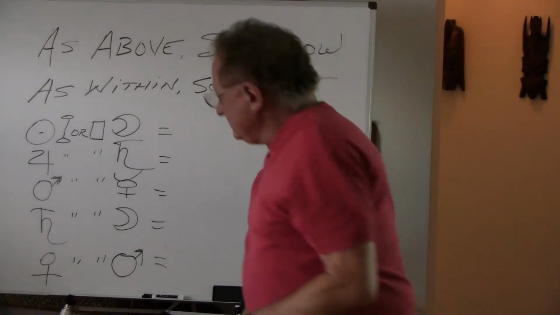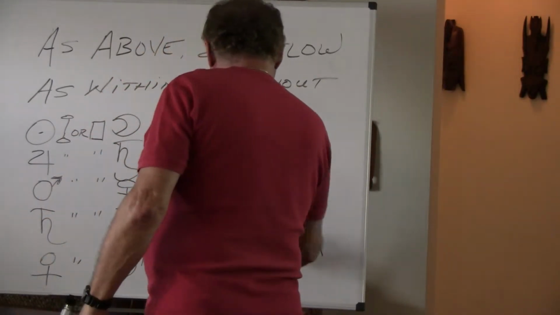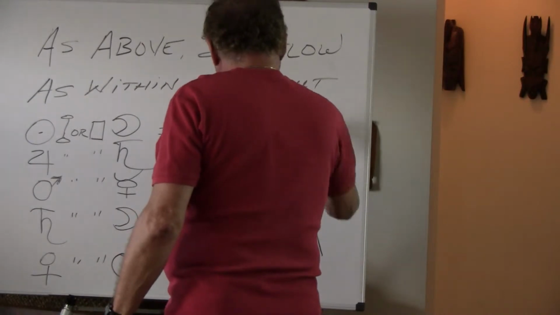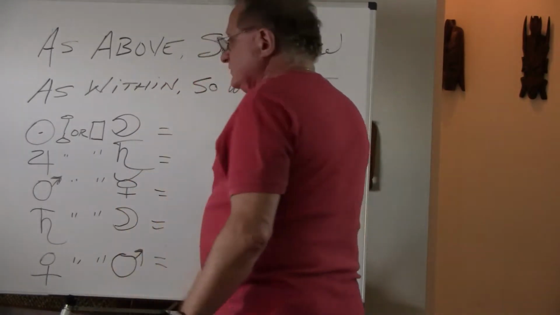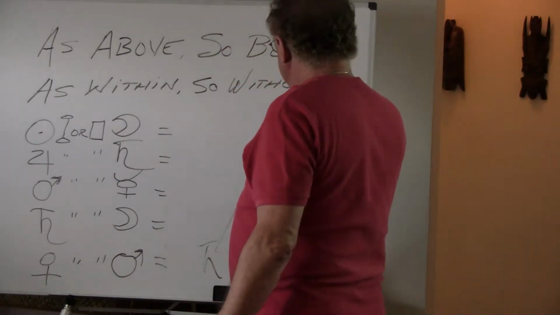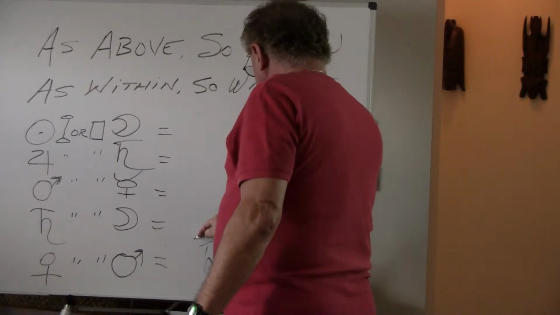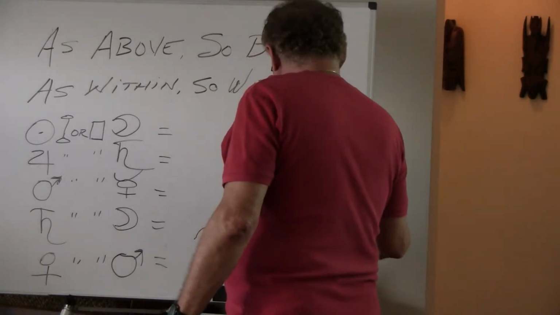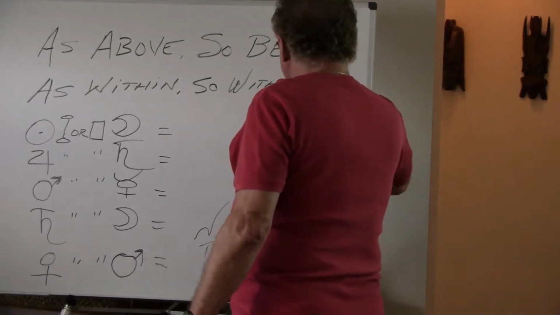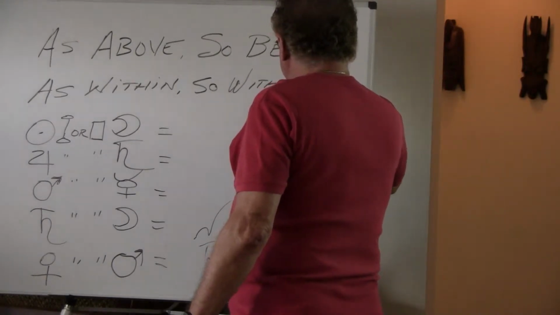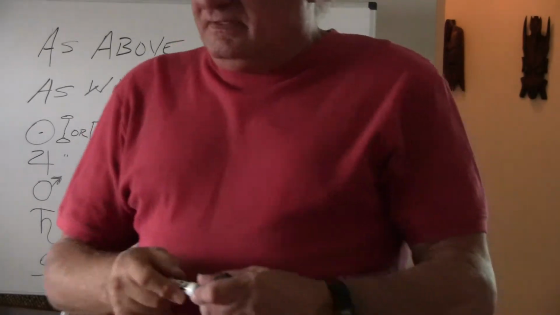Okay? In other words, if we have 3 planets, let's say we've got the Sun here, and we've got Jupiter here, and we've got Saturn here. That's called a grand trine. Let's say they're in fire signs: Aries, Leo, and then Sagittarius up here. Okay, so if we had a fire trine, whenever you look at a chart and you say, oh, I see